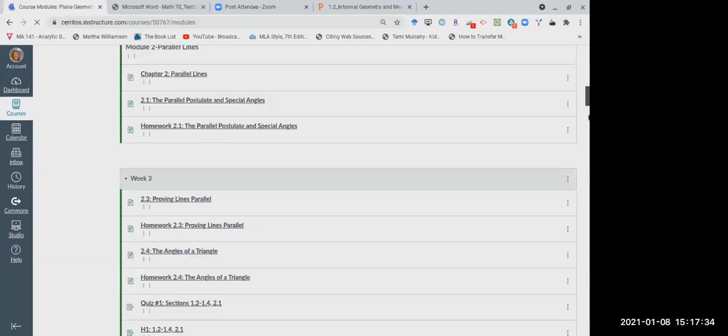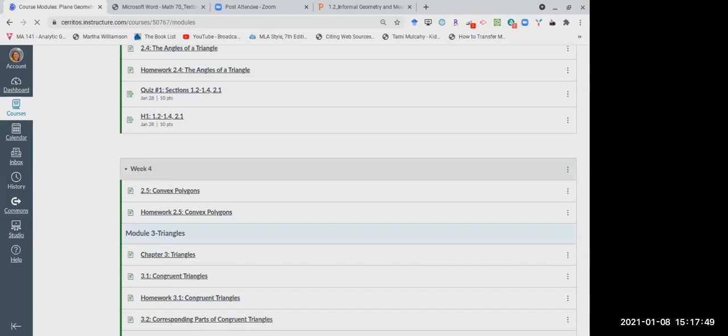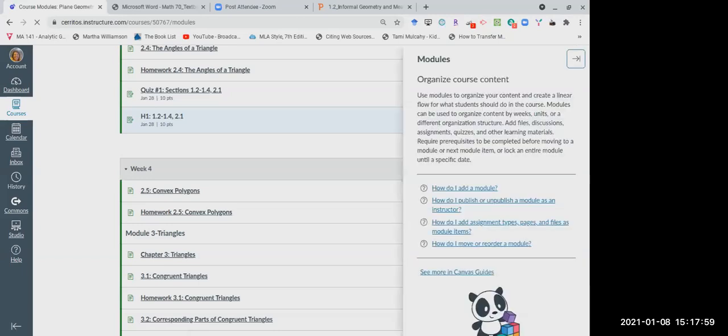Your first homework packet is going to be collected weekly, and it covers sections 1.2, 1.3, 1.4, and 2.1. Okay. It's going to be collected on January 28th. And once again, that will open on January 28th.